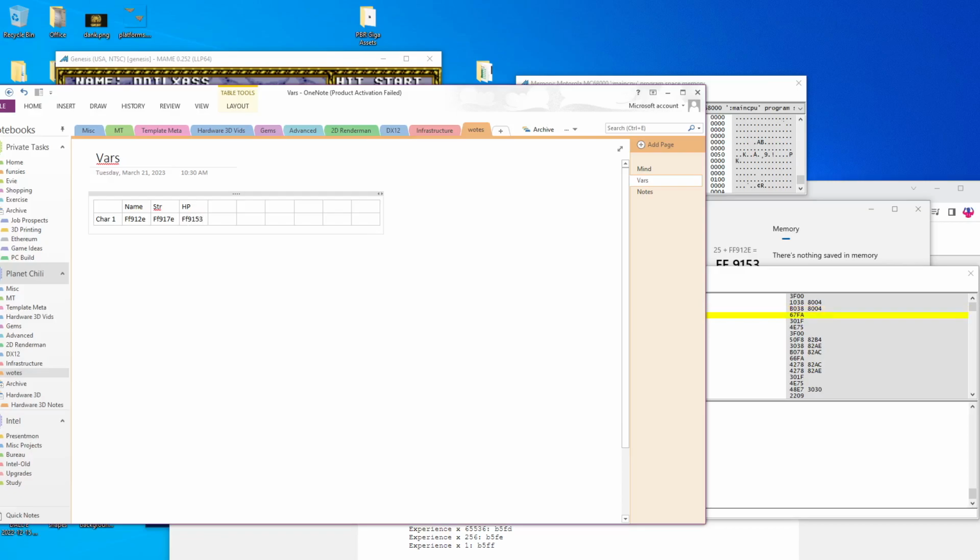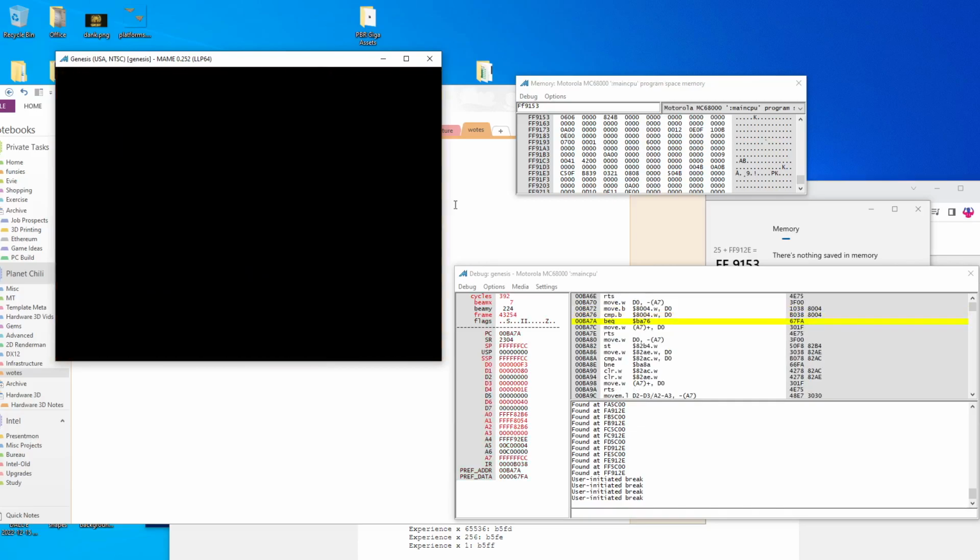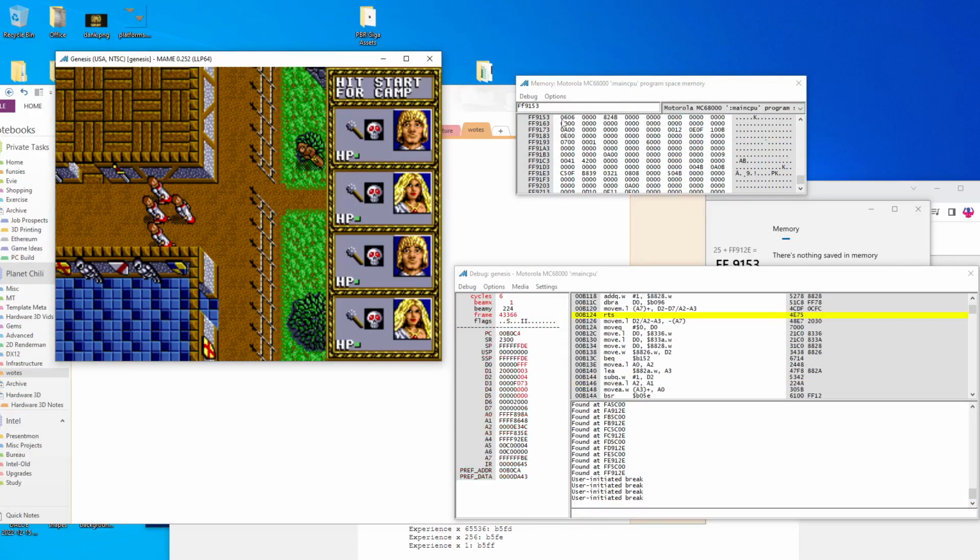9153. Okay, and then we should just copy this, paste that in here, and we see 6, which is, yeah, his HP is 6 out of 6. Alright, and if I were to, let me just exit out of here again. I'm not sure if editing those while we're in the inventory is a good idea. So let's say his HP to 3,